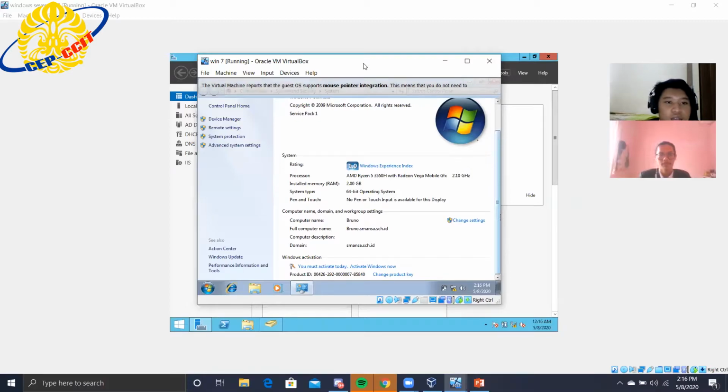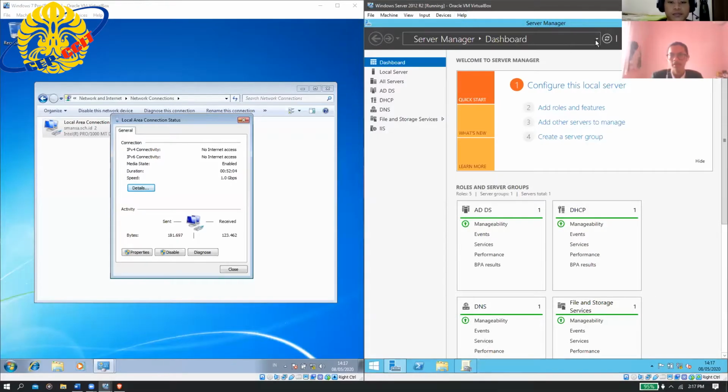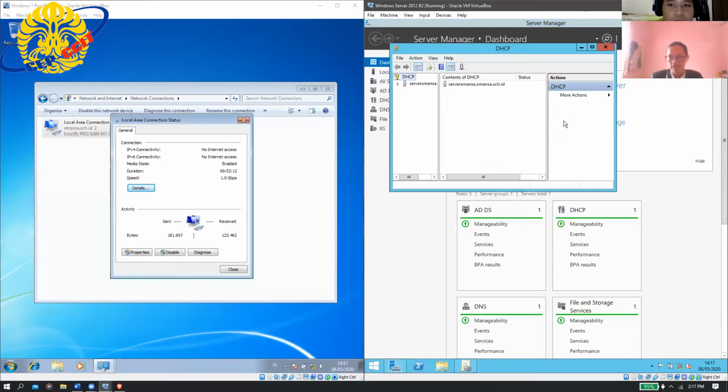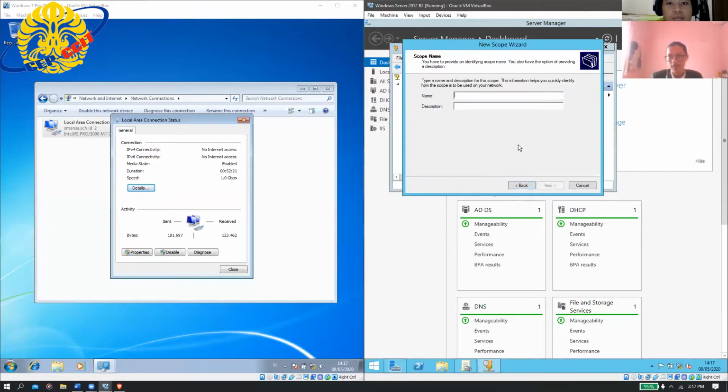Next is DHCP. There is a DHCP client and server. Okay, for the first step you can click Tools and click DHCP. Click the drop-down list, IPv4, and click new scope. Click next.